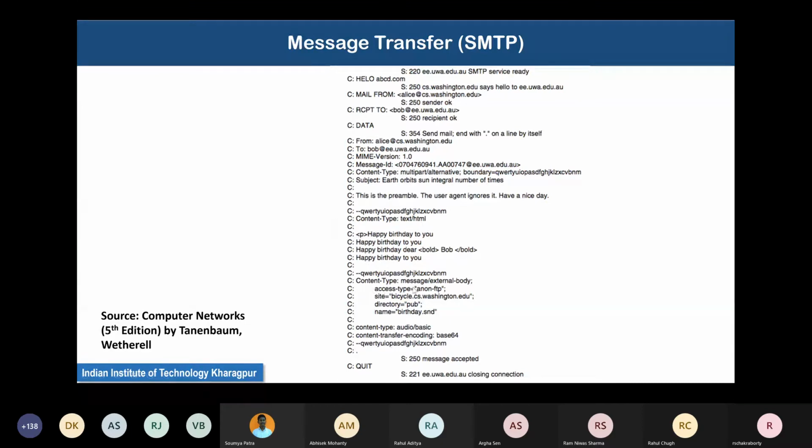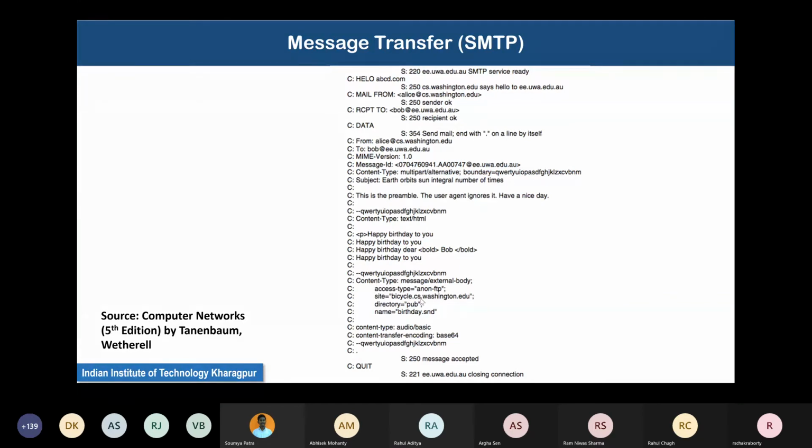Now, the next content type is an external body message. This is an anonymous FTP which is going to get some messages. We'll come to what FTP is. It is a protocol to get some file from some remote machine, remote server. What is anonymous FTP? Anonymous FTP is a type of FTP where no login is required. No login means no credential is required, basically. Anybody can retrieve anything.